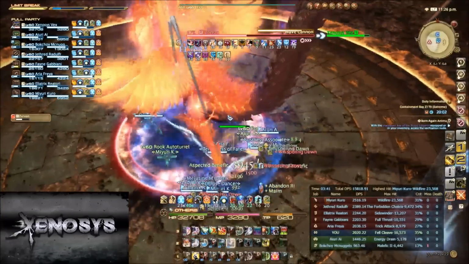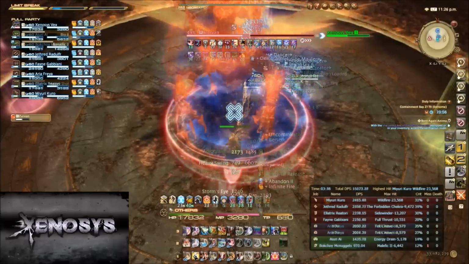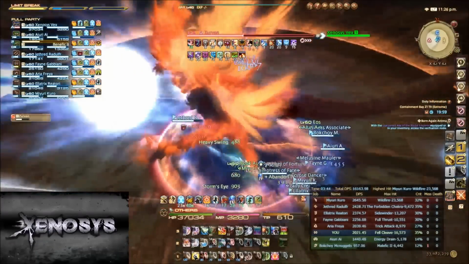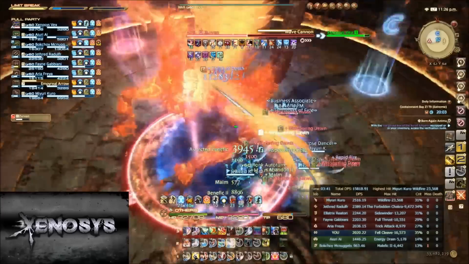Once debuffs and tethers are assigned, the first attack Zurvan uses is called Wave Cannon. A random party member gets a blue marker above their head. After a few seconds, Zurvan fires a line AoE attack towards the target. To handle this mechanic, have the marked target move to the front of the boss to avoid hitting the party